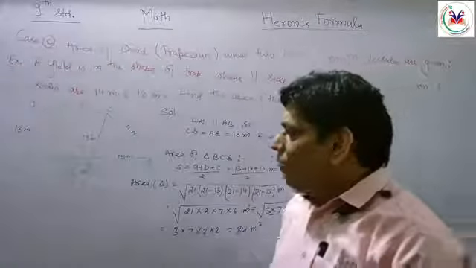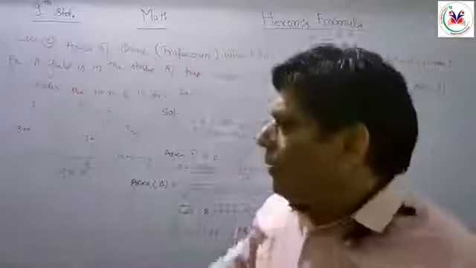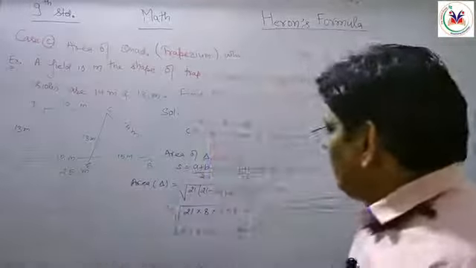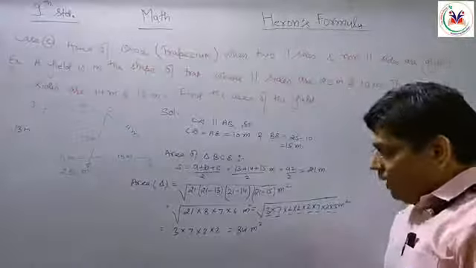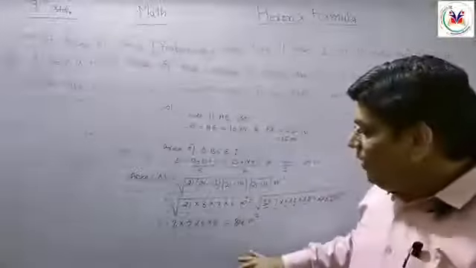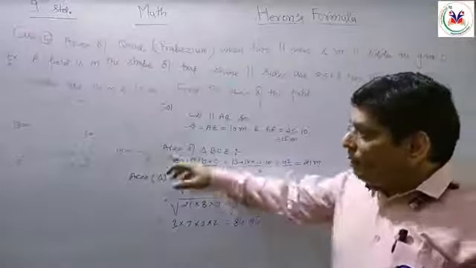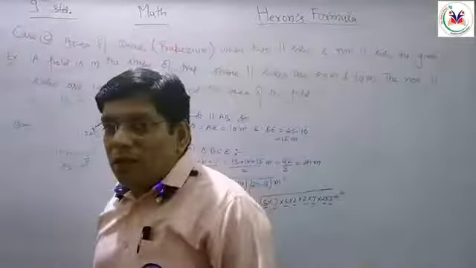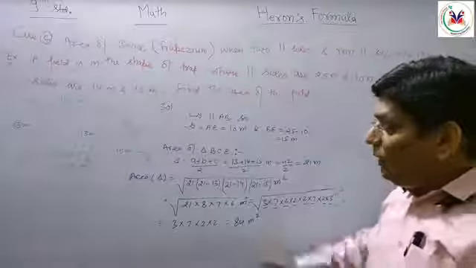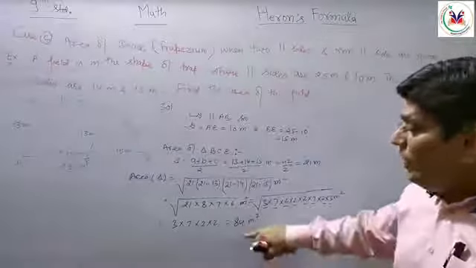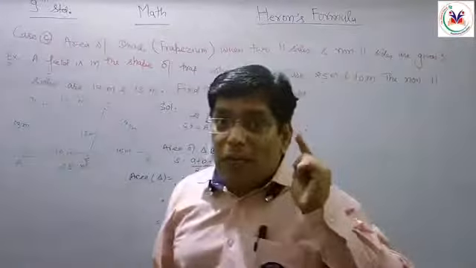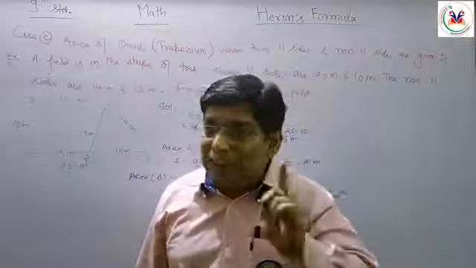Is that clear? Now first of all, we have to calculate the area of the triangle by using Heron's formula. In that situation, the area of the triangle will be 84 meter square. Now after getting the area of triangle BCE, we should follow a specific method that is very important. Now the thing is, if you have calculated the area of the triangle, now using the area of the triangle we should calculate the height, because the thing is that